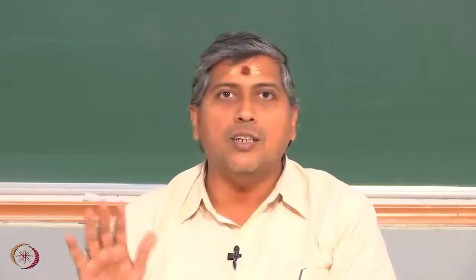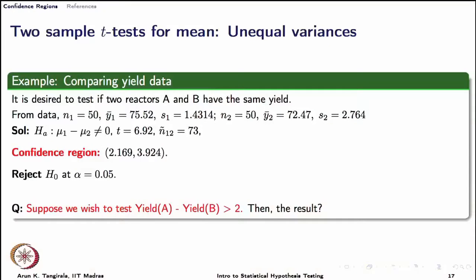So, to summarize, the confidence region depends on the type of alternative hypothesis, whether it is inequality type or the not equal type. That means whether it is a one sided one or a two sided one, but it does not depend on the postulated value. Once you consider the confidence region, you can test with all possible postulates so long as the alternate hypothesis is of the same type, that is all.